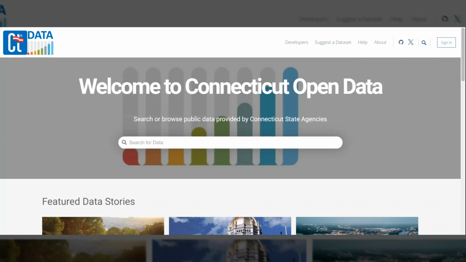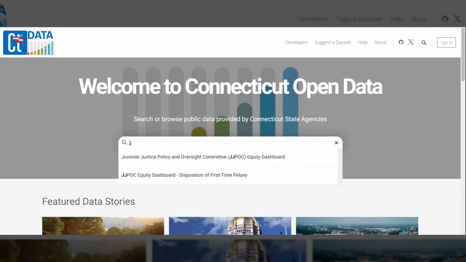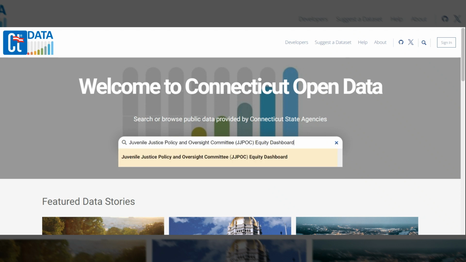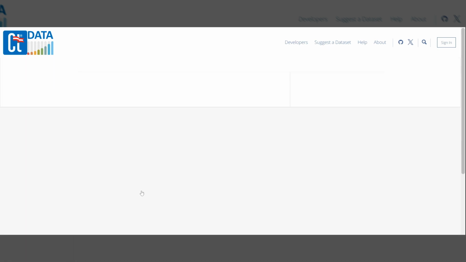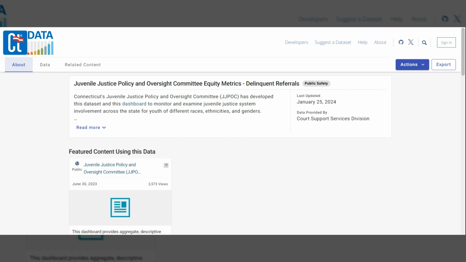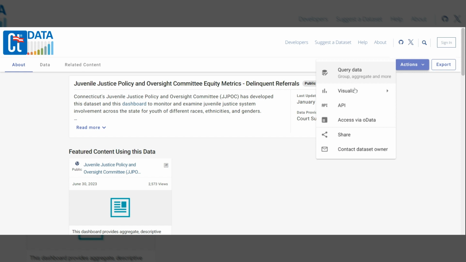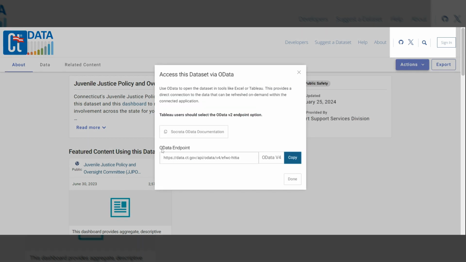To find the OData endpoint for the dataset within the Connecticut Open Data Portal, you first need to navigate to the datasets page. For this example, I'm going to use the Juvenile Justice Policy and Oversight Committee Equity Dashboards dataset. Once you've opened the datasets page, you'll notice that there is an Actions drop-down menu. You're going to open the drop-down menu and select Access via OData. This is going to provide you the OData endpoint for the dataset, which you can copy and then bring over